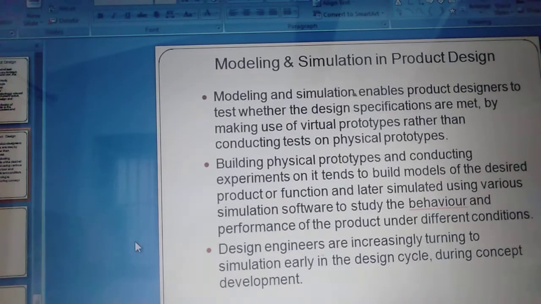Some benefits of modeling and simulation. The first one: it significantly shortens the design cycle and reduces the cost of design by creating and analyzing virtual models, which otherwise would have been complex with physical prototypes. By doing this, there is a reduction in cost and design cycles, which is crucial to remain competitive in a world where the pace at which new consumer products are being developed is ever increasing day by day.